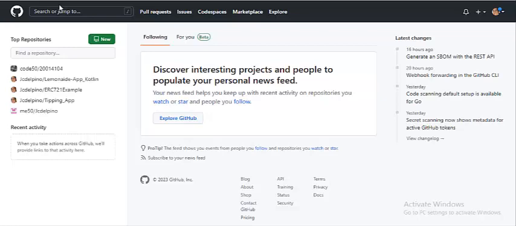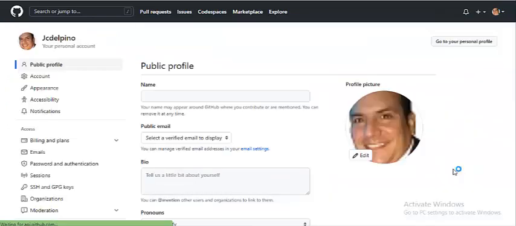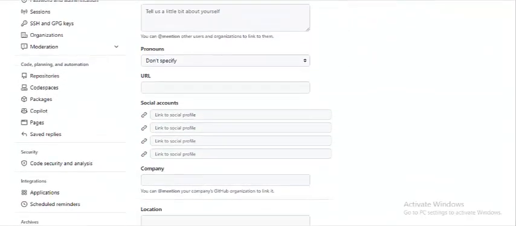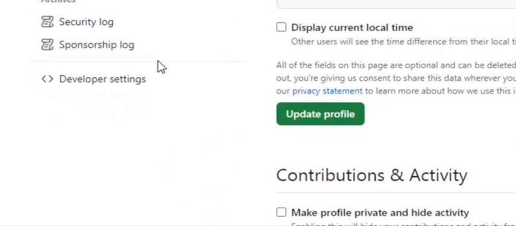Now we go to GitHub, and underneath our profile pic we are going to scroll down on that menu and we're going to go to settings. We select settings, and once inside of settings we are going to scroll down all the way to developer settings. We click on developer settings,